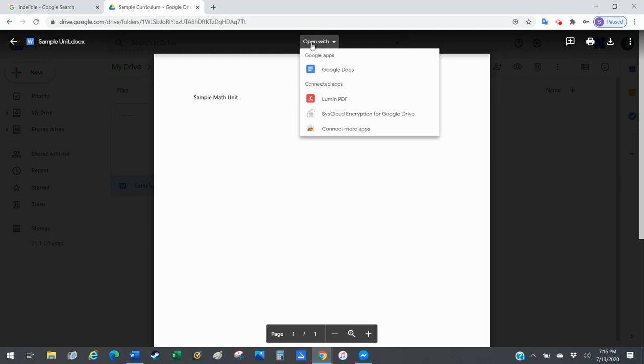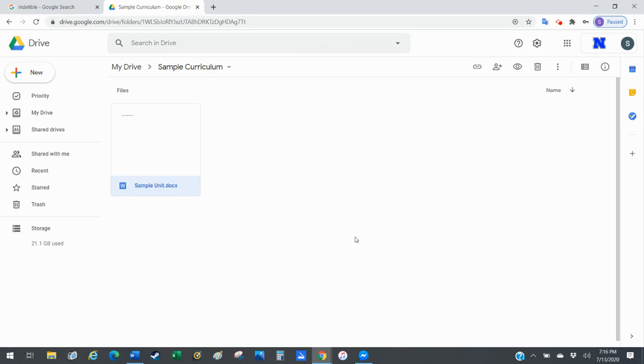Okay, there are some equivalents too. I've got Lumin PDF. This will help you open up PDF files that you might upload onto there. It's got the same options as Adobe. Pretty good options for PDFs on there. Okay, so from there, what I can do is